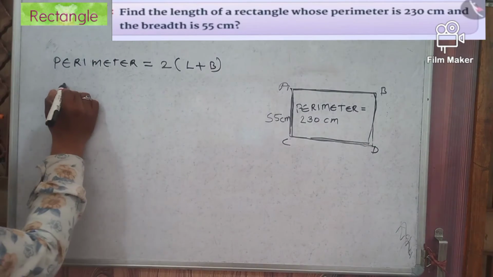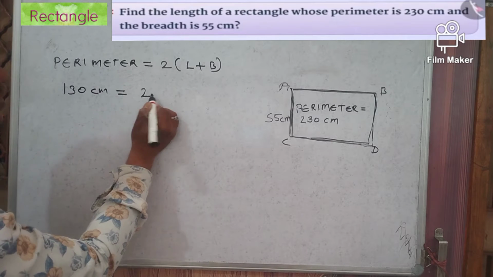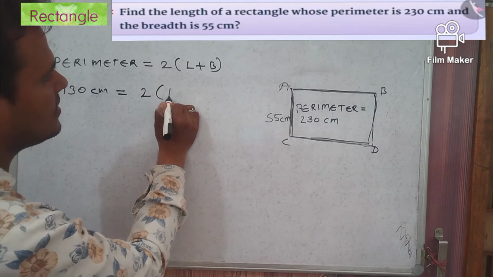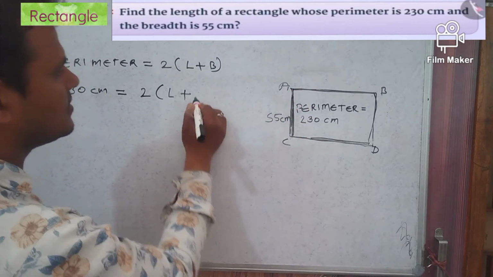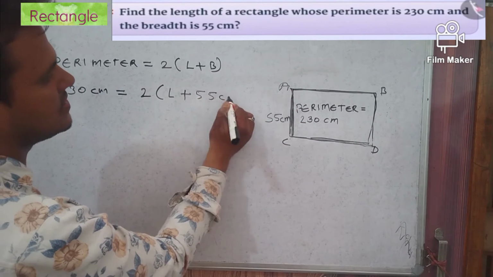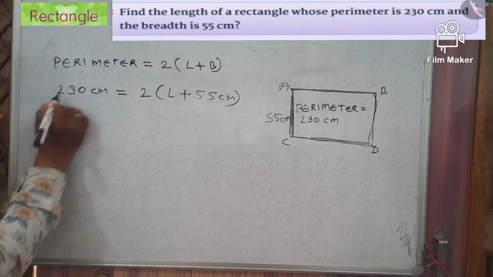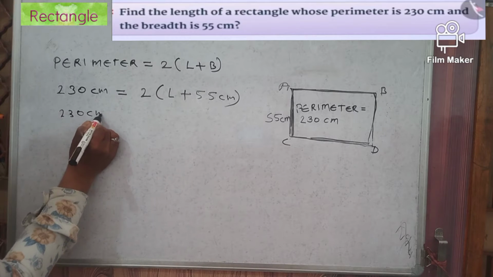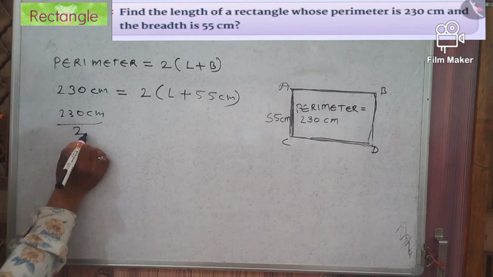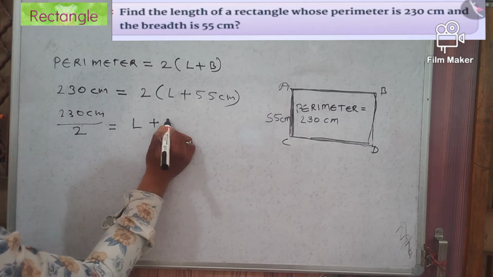So 230 centimeter is equal to 2 into (L plus 55 centimeter). Breadth is given as 55 centimeter. Here 230 centimeter, 2 will be divided, is equal to L plus 55